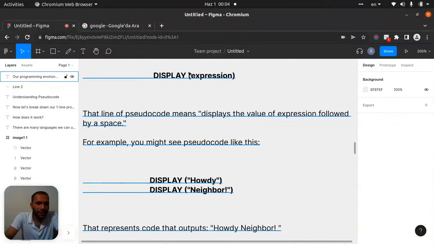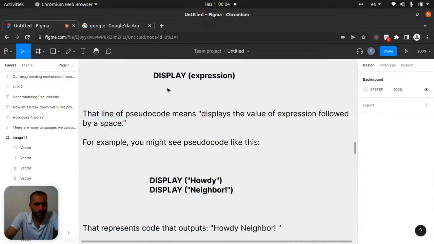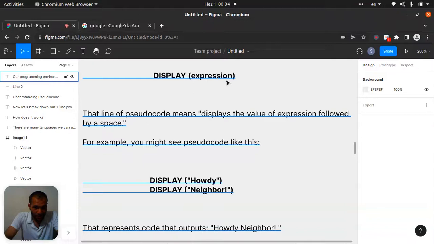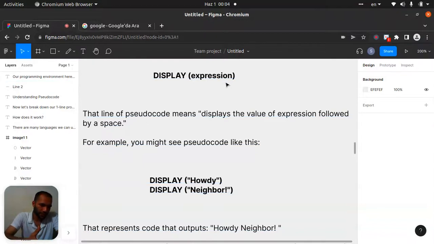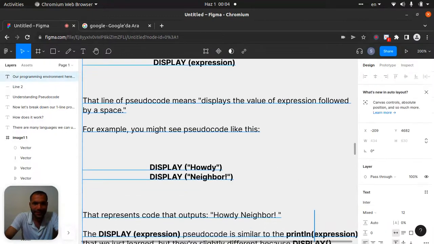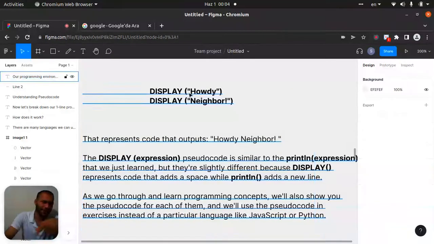This means display in pseudocode. And expression will be our parameters like strings, numbers, lists, objects, or boolean. This is another way. So the definition of pseudocode means displays the value of expression followed by a space. For example, you might see pseudocode like this.